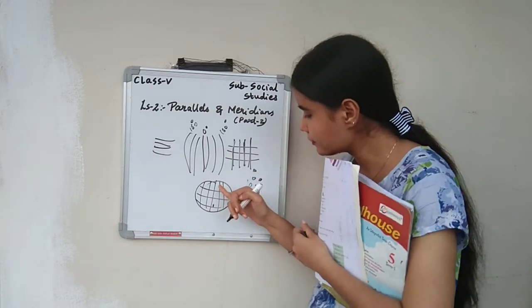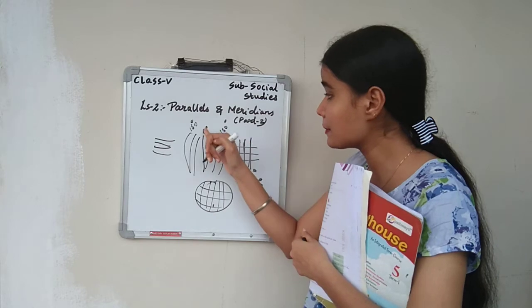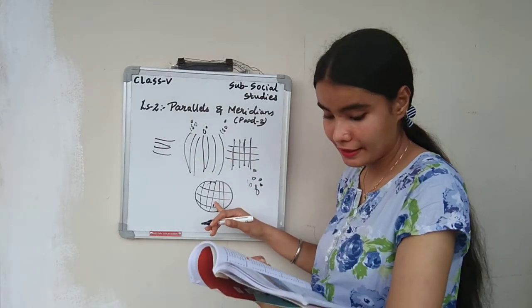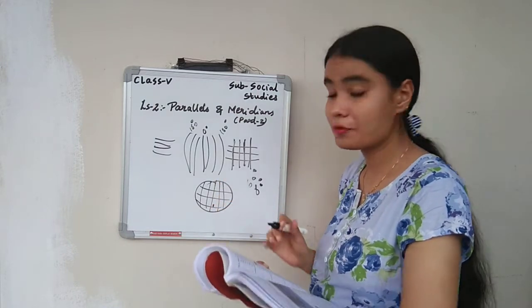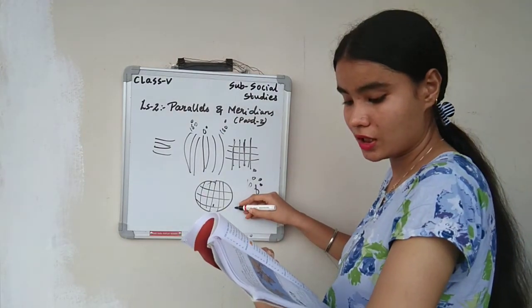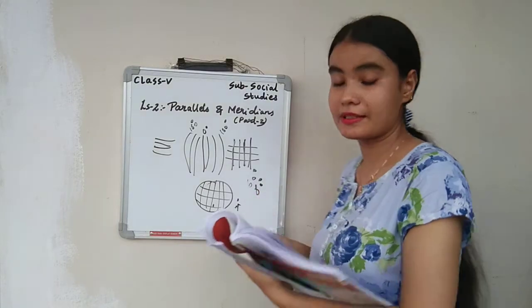So you can see, which place is Delhi at, dear? You have numbers over there. Okay, there are numbers on the globe. So easily you can find that it is at 29 degree north and 77 degree east. So now you can see that Delhi is on the globe at 29 degree north and 77 degree east.